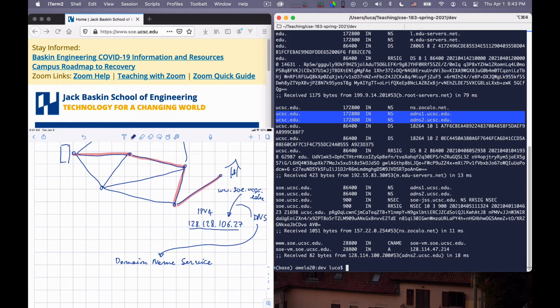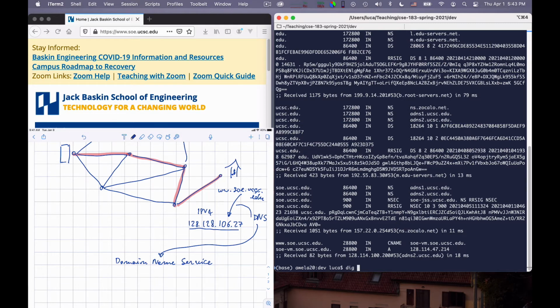Now, typically, when you want to serve a web page, what you do is that you either configure a server and you have its IP address, or else you host your page in the cloud. This is by far your most common thing to do. In which case, you configure your web page to map to a nickname directly, to a CNAME.